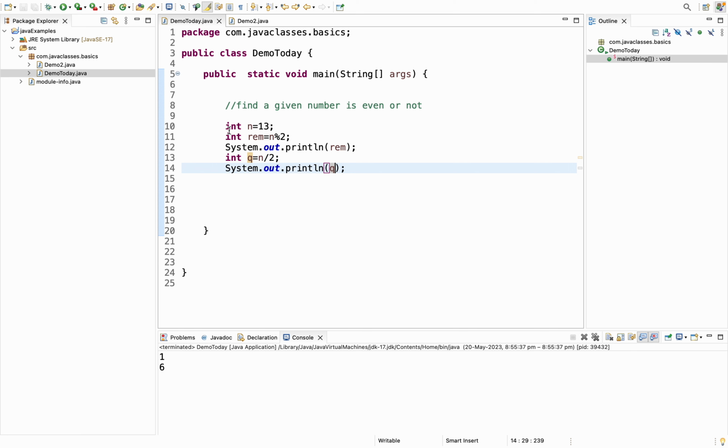See, now if you are considering the quotient, then you have to use the by symbol. And if you want to find the remainder, then you have to use the percentage symbol. Okay, so based on this logic,